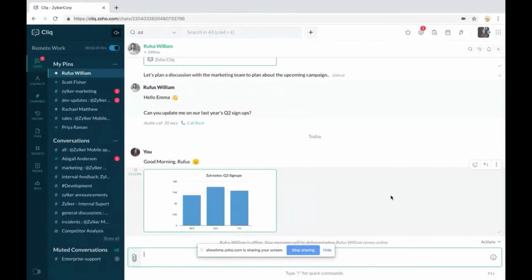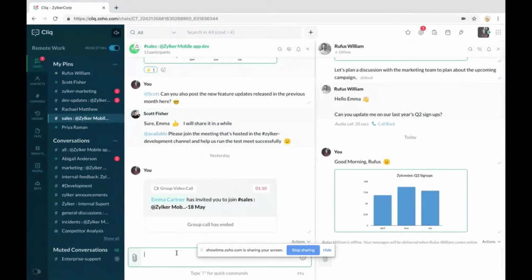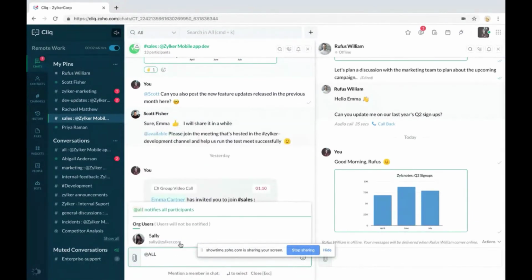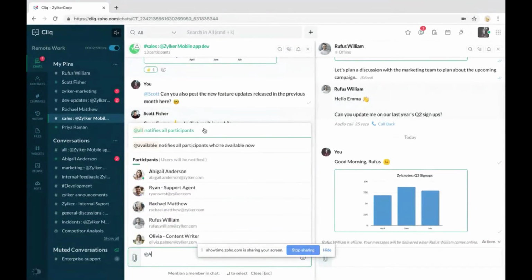So, looks like in the top bar, we've got an at mention. So at mentions here is our fifth feature. At mentions is usually like tagging a user. On doing so, the user will be notified, thus not missing any important message which is specifically meant for them. Say in a group, if I want to tag all the participants, then I give at all, which tags all the participants in the channel.